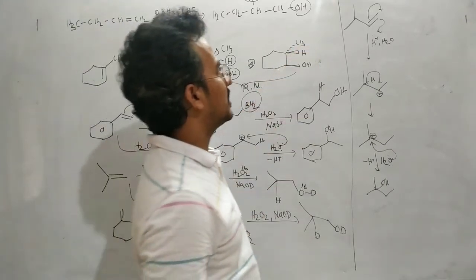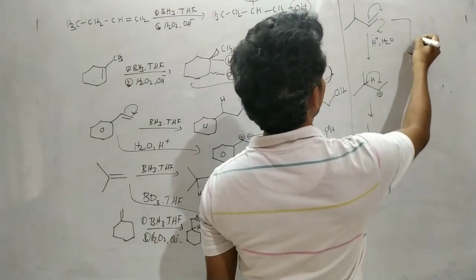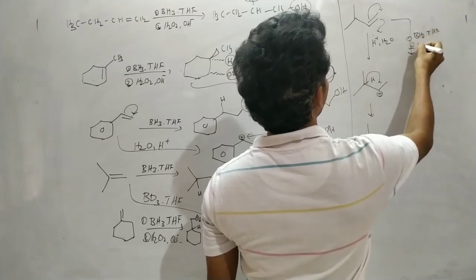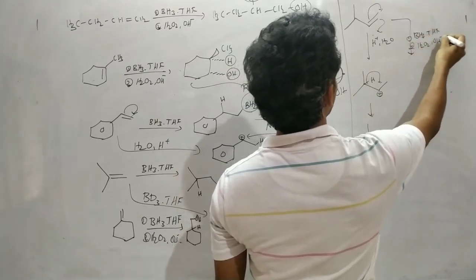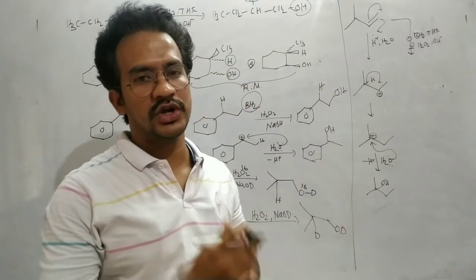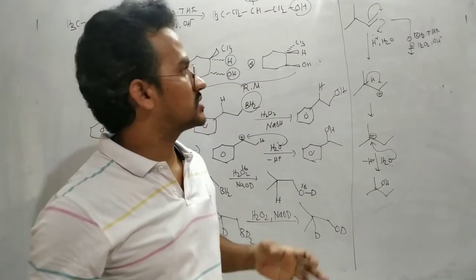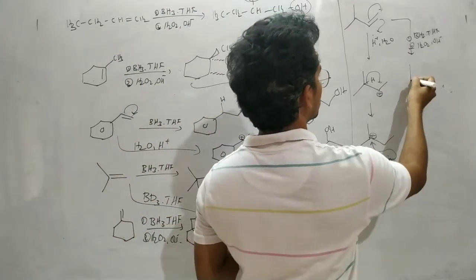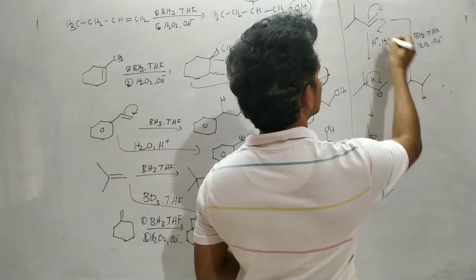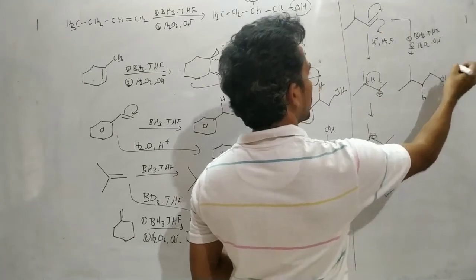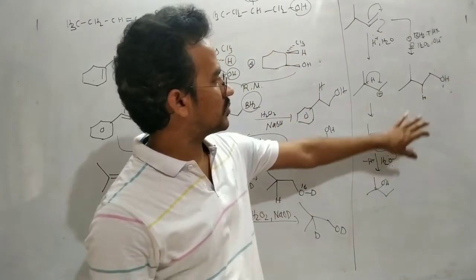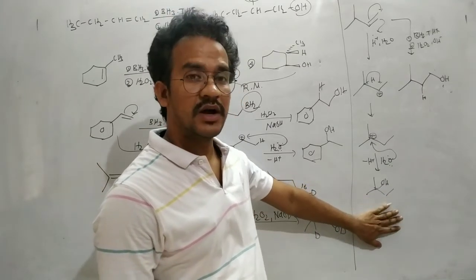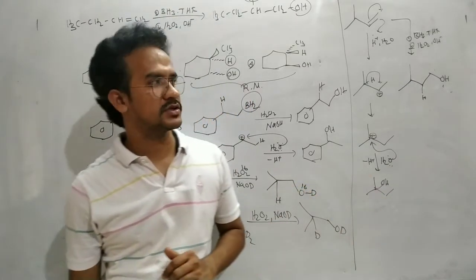Now here the same alkene is hydrated by using the hydroboration oxidation process. It is nothing but anti-Markovnikov addition. No rearranged products are formed in hydroboration oxidation because it proceeds through a cyclic transition state. No reaction intermediates are involved. So it is a direct addition, the hydrogen to this carbon, and here this is OH. So this is the major product in the hydroboration oxidation process, and this is the major product in the acid catalyzed hydration reaction. That's it.